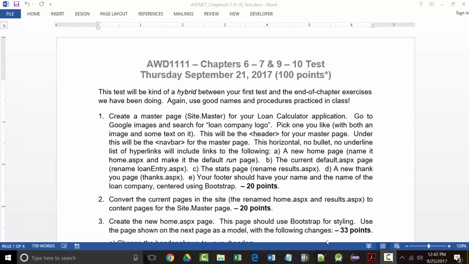All right, so the first, number one there was to create the master page. I would strongly recommend, now, you would say, why didn't you tell us this before we started? Well, maybe I should have, I don't know. But what I did was I kept open the original, your last test, so test number 2, plus I opened up the practice exercise 9 we did in class and the practice exercise 10 we did in class. And I literally had 4 instances of